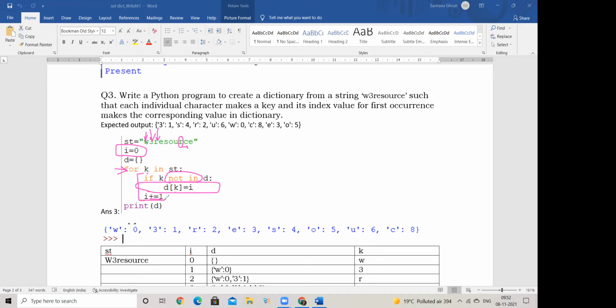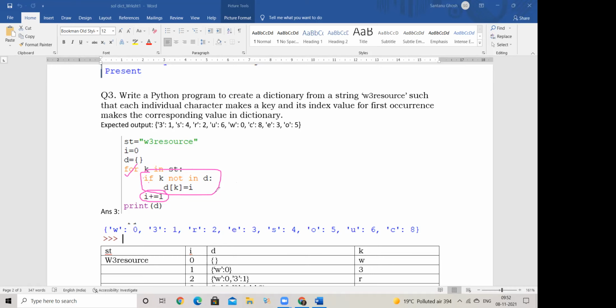So that is why this statement is not in the if. It's not that you update and after that change, incrementing I. No, this is part of the loop but not part of the if. It keeps on going normally. Check, if it is not there, put it; if it is there, do nothing, because you don't want to update that.